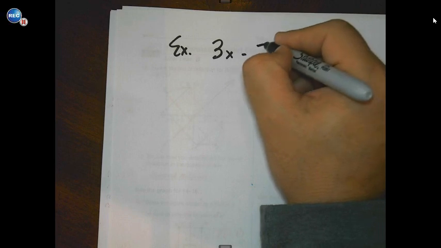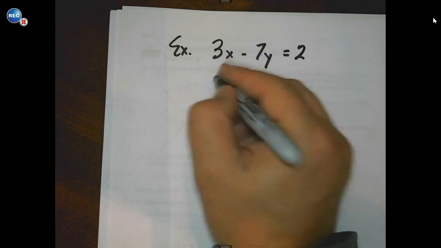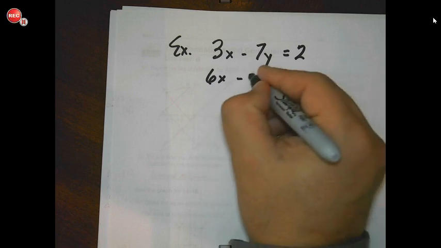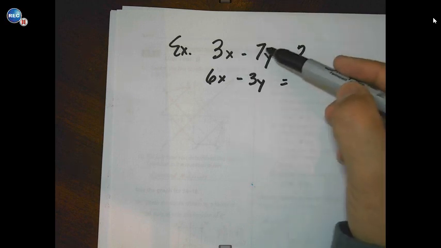Okay, let's do one more. This one a little bit more involved. Let's go. All right, example, we'll say 3x minus 7y equals 2. And then here we'll go 6x minus 3y equals